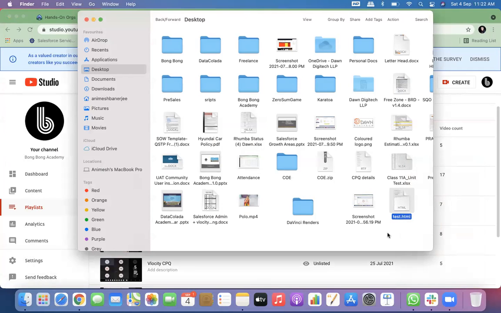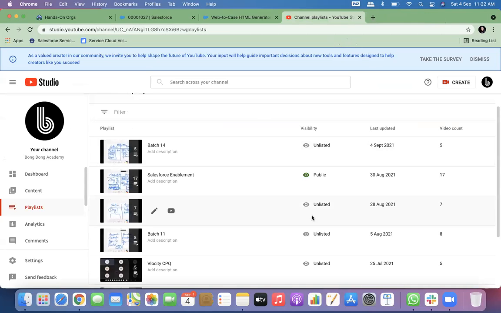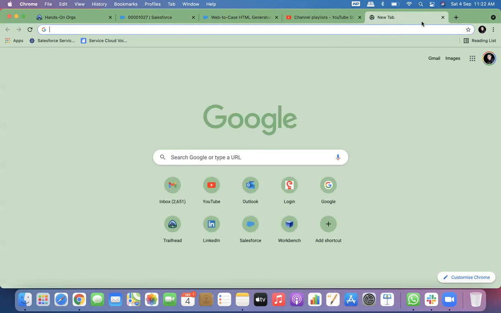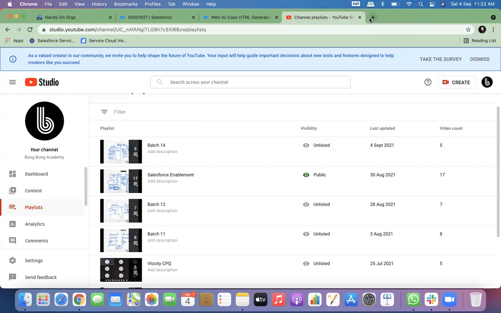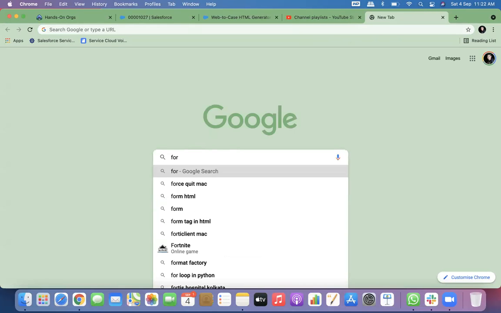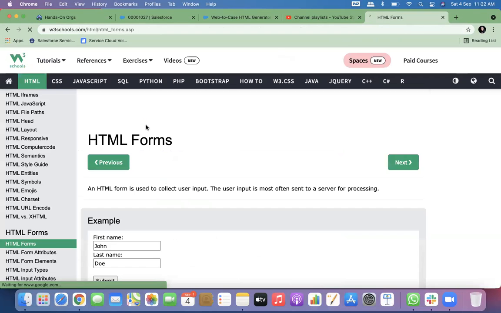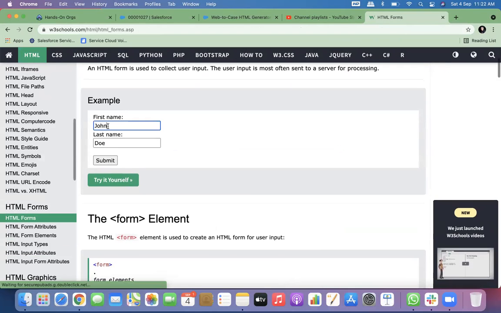It is adding HTML to it. I don't know, let me check. Anyway, the idea is if you now save this HTML, it will create a form for you. It will be just a normal form, which you can fill in, just like any ordinary form. Like this, it will create something like this.